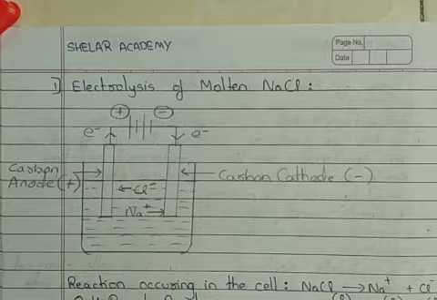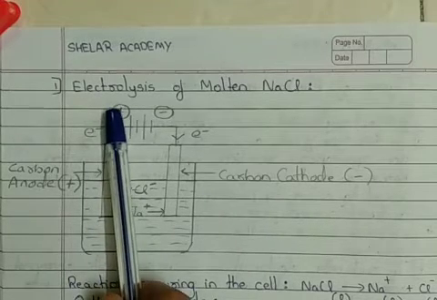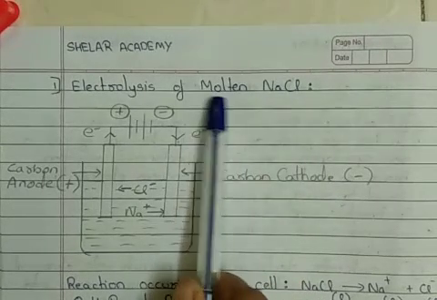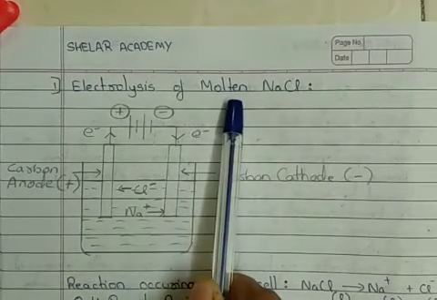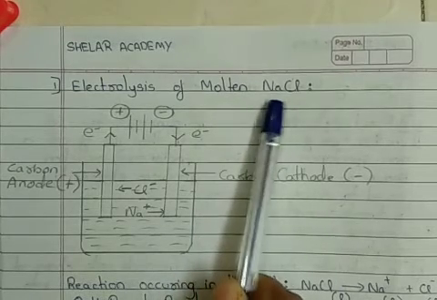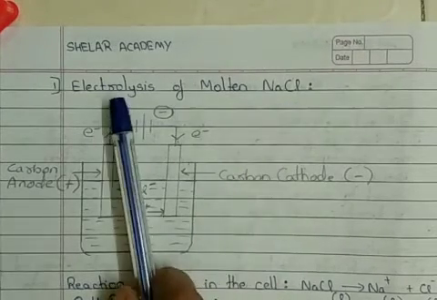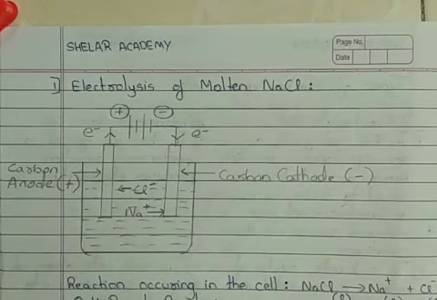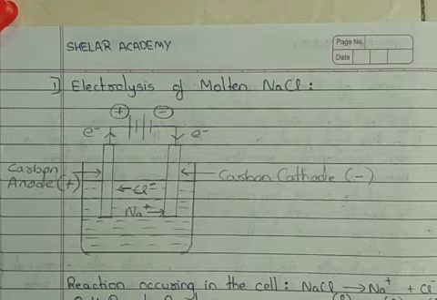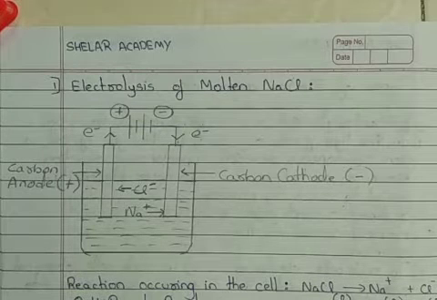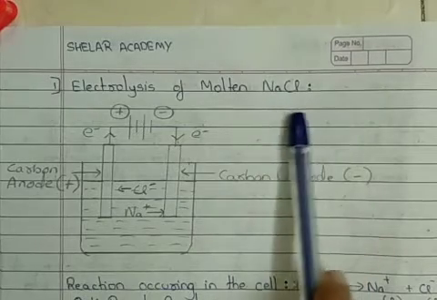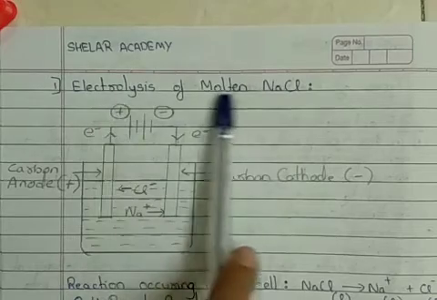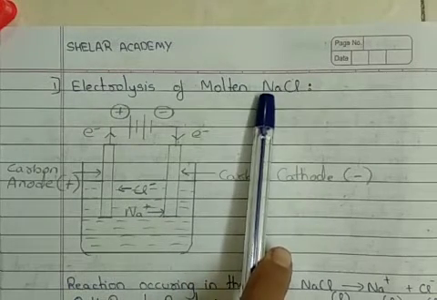In electrolytic cell, we are going to take first example, that is electrolysis of molten NaCl. Molten or fused, they both mean the same. NaCl, that is nothing but sodium chloride. Remember, we always carry out electrolysis of only and only electrolytes. Electrolytes are those which can form ions on passing electric current. So generally we take examples of all ionic solids. Now molten NaCl. For this electrolysis, we will be making an electrolytic cell.